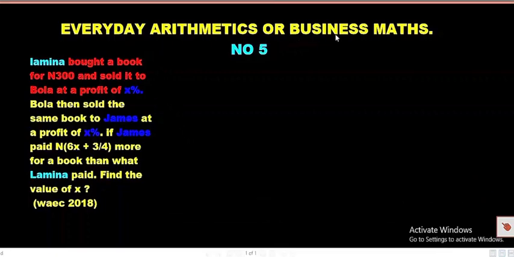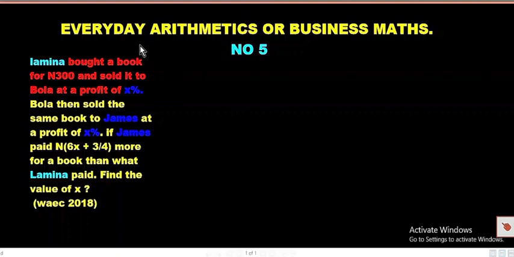Everyday arithmetic, or business maths, and some people call it commercial maths, depending on how your textbook listed it. But one thing I want you to know is that this question is a word problem. It's something that happens around us every day, and they are coining it into a question. It's an application question. If you look at the questions WAEC has been bringing for the past 6 years, it has been more of application. That is why on this channel, we've taken it on ourselves to bring solutions or reviews of the